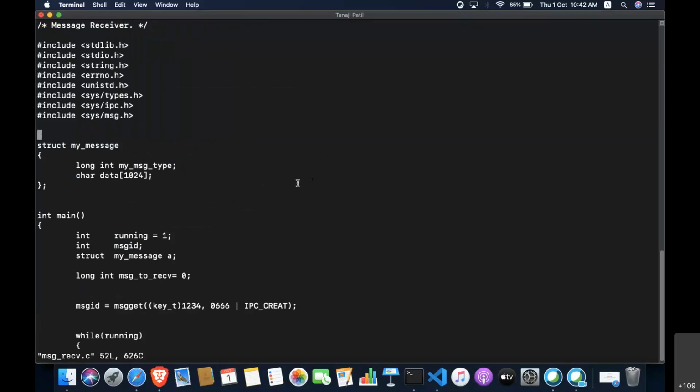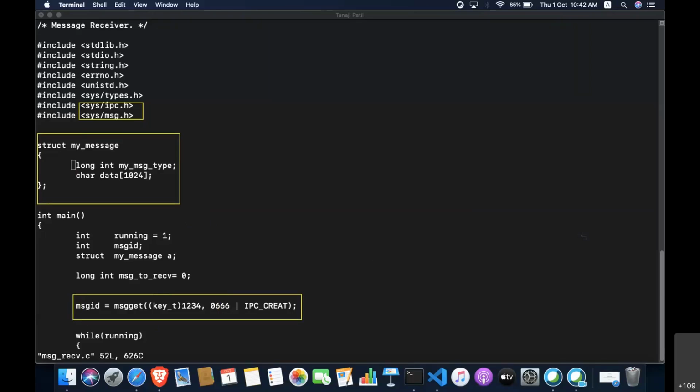So this is step number 1. Include the header files. Step number 2, create the message structure. Step number 3, create the message queue. Then now suppose here we want to